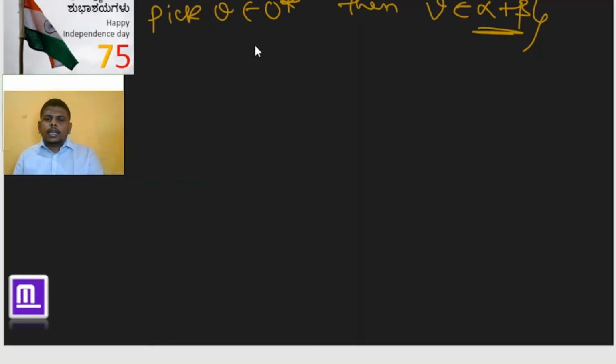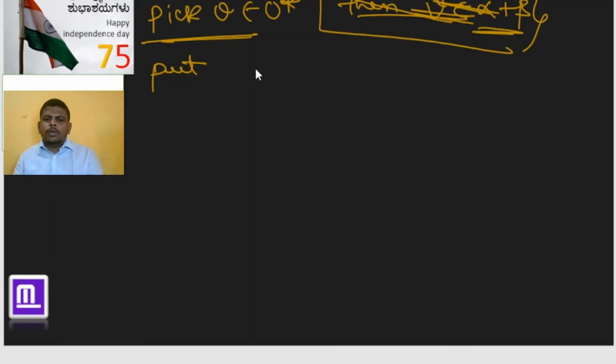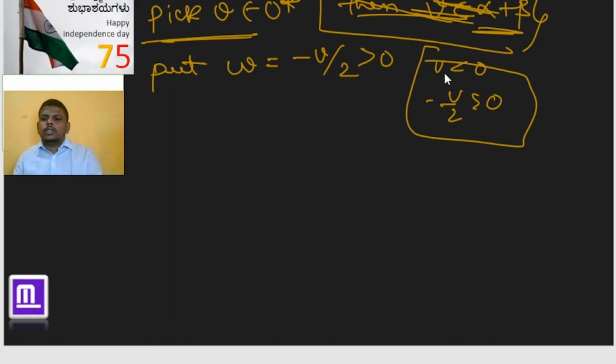Okay, just pick a number. This needs to be shown. Now put w equals minus v by 2. Since v is a negative number, minus v by 2 is a positive number, right? So this is a